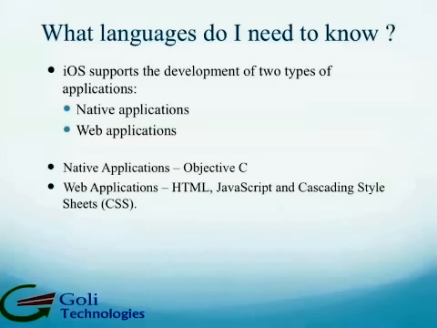So we are building native applications, and the only way to build native applications is to use Objective-C. There are no shortcuts. You would need a Mac, a MacBook or an iMac, and you would need Xcode. Although you could say you could write programs in Notepad, essentially to make the application run from end to end, you would require Xcode, which doesn't run on a Windows machine. So you are bound to have a Mac